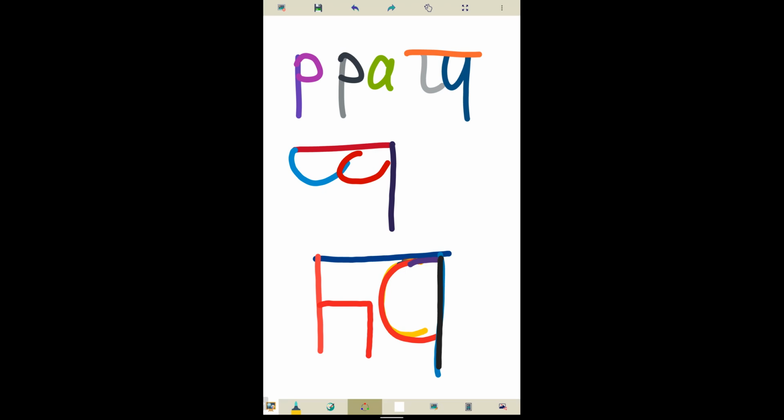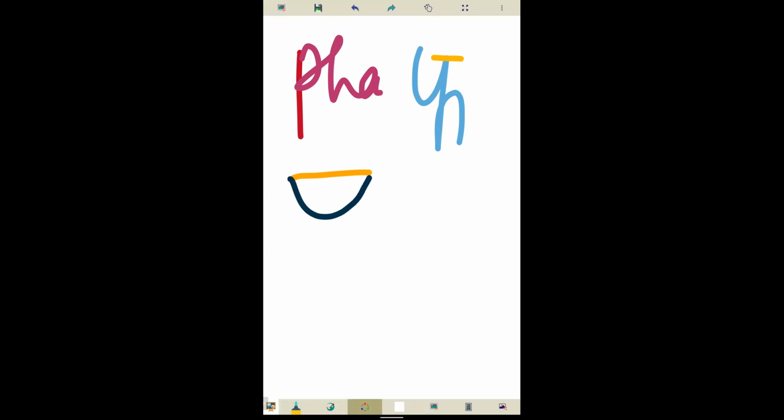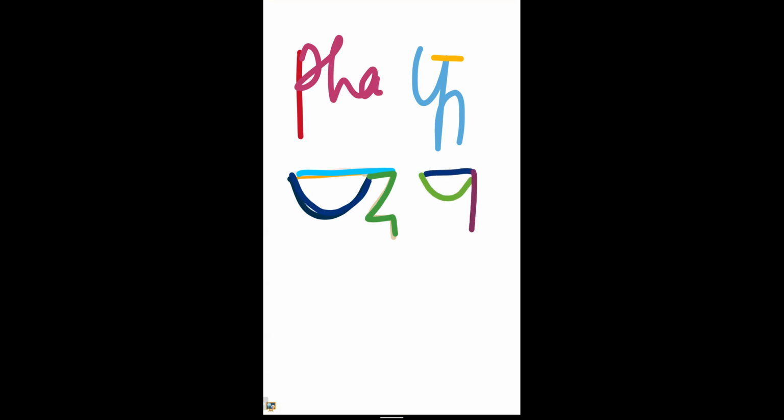So now it is a combination of double pa. So we can go ahead with the letter fa. So pha, fa. You have pa, and from there, this is fa. See, pa, fa. But the variant we can see, first you do the pa, and from the